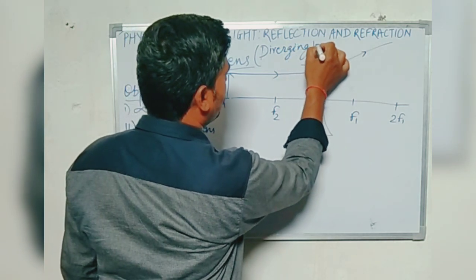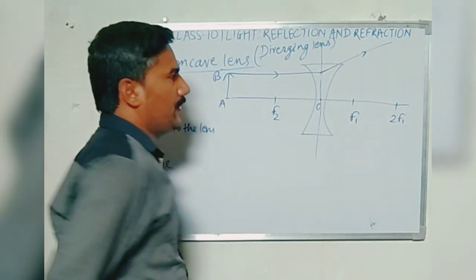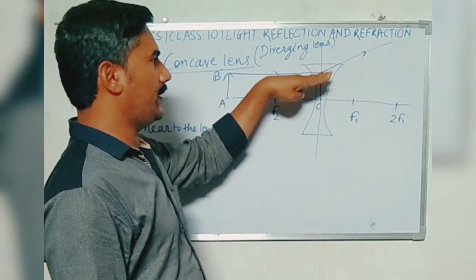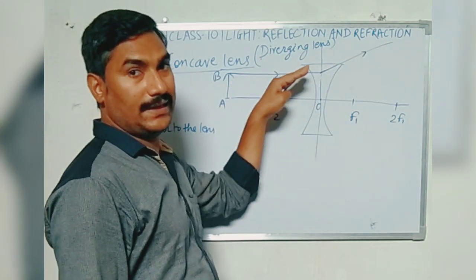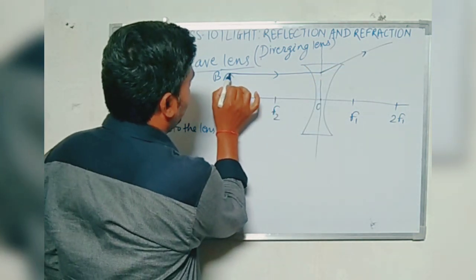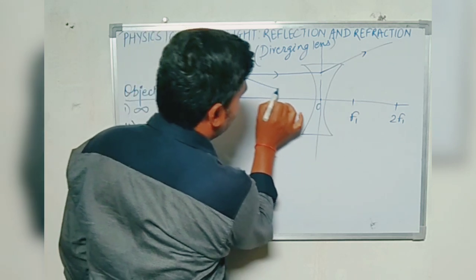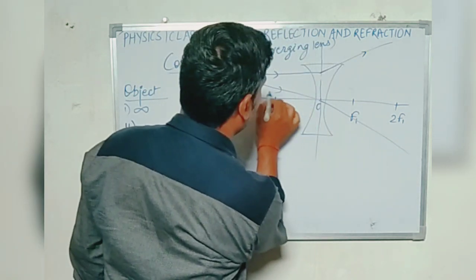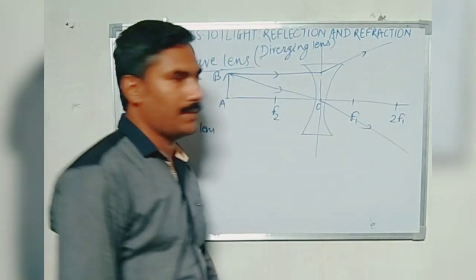Why is it a diverging lens? Because it diverges the beam of light. After getting refracted or striking this lens, it diverges, and when it passes through this optical center, it passes undeviated